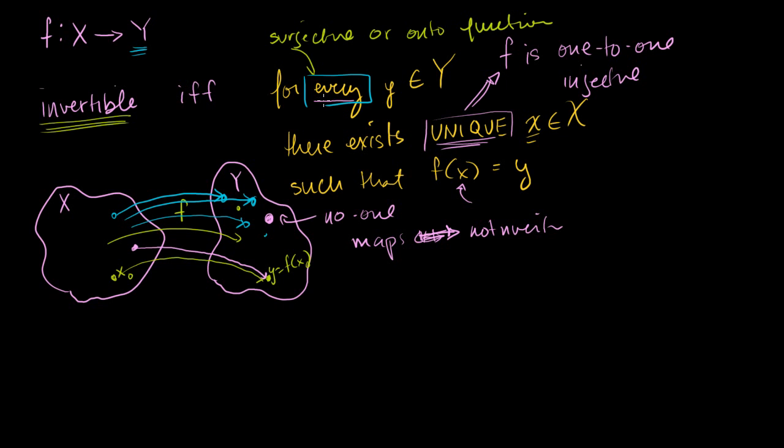So given the statement that for every y that's a member of our codomain, there exists an x that maps to it, we could just say that f is surjective. And if we just said that f is surjective, that means that everything here is mapped to, but it could be mapped to by more than one. Surjective by itself doesn't make the condition that there's a unique mapping from a member of X to that element of Y. So in order to satisfy the unique condition of this condition for invertibility, we have to say that f is also